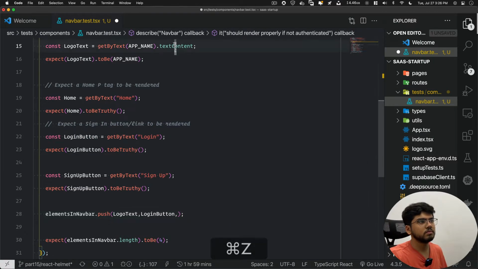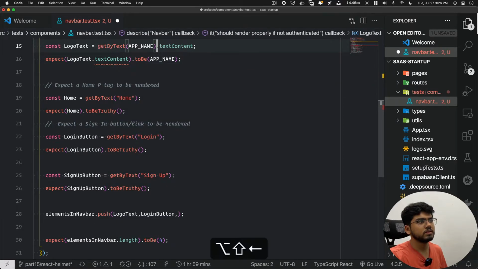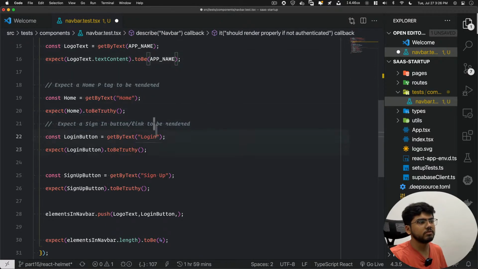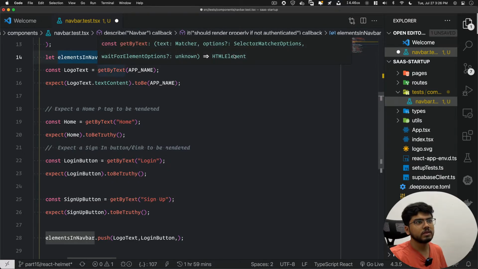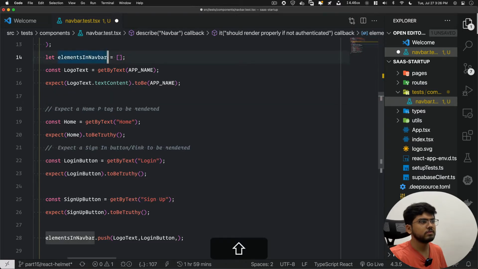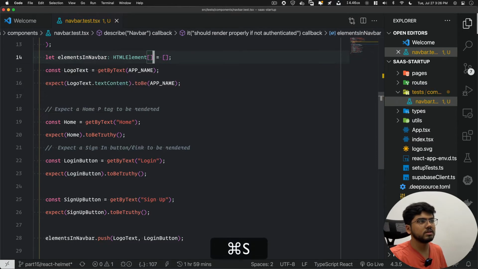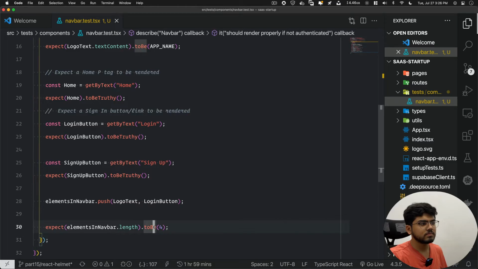Or what we'll do, we'll make it logo dot text here, like this, and we'll remove text content here so that we have the element also. And we'll see the type here, you have HTML element, so we will make it an array of HTML elements, and we will put logo text, login button.